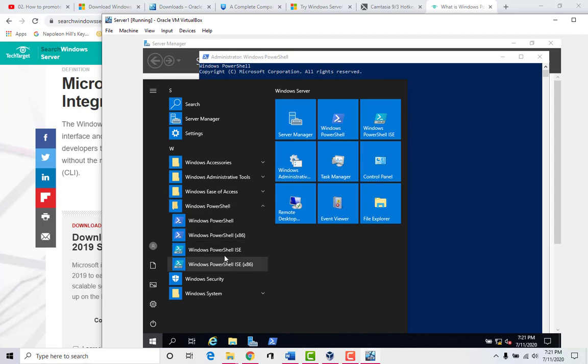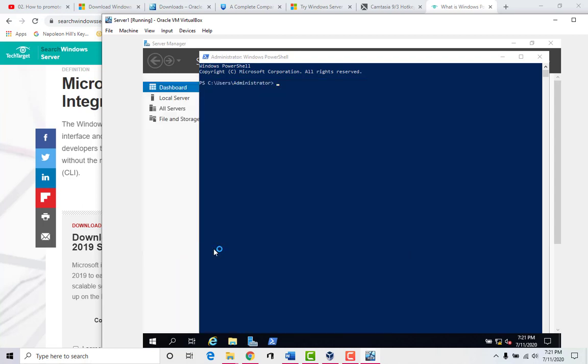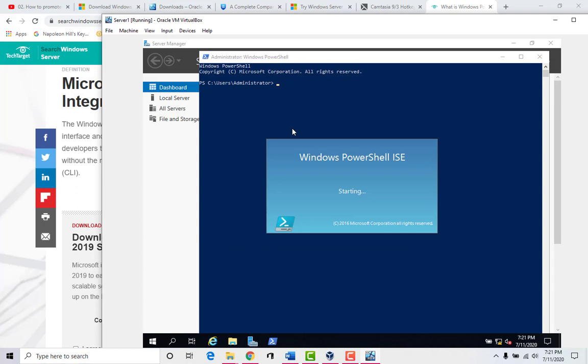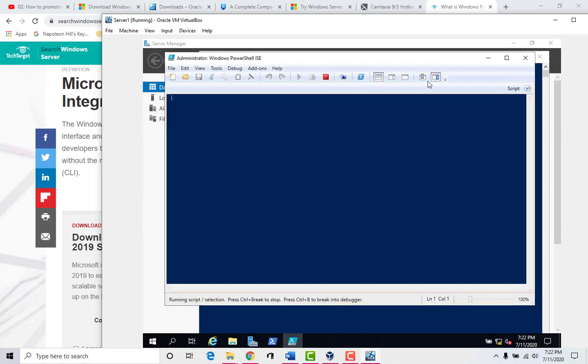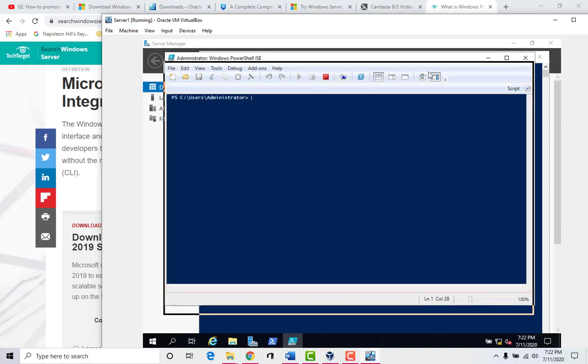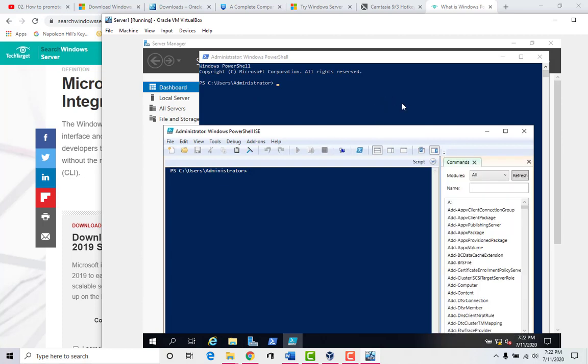I'll open the one that is more graphical. People who are professionals in managing servers often become basically experts in using PowerShell.